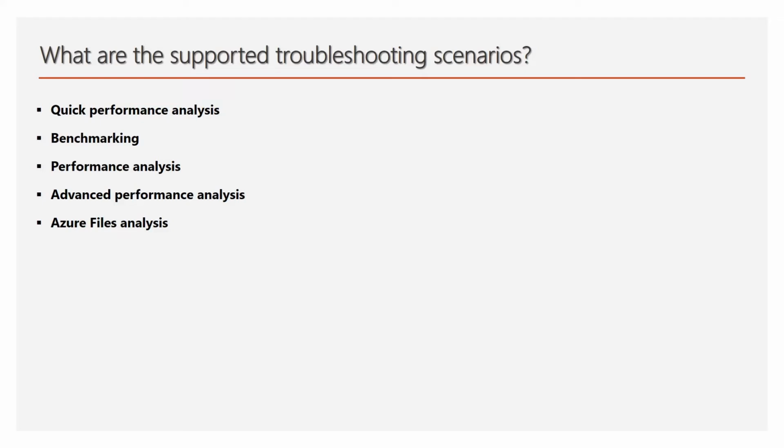Next scenario is performance analysis. Performance analysis can be run on Windows and Linux both. This scenario is to troubleshoot general performance issues such as high CPU, memory and disk usage. Counters used in this scenario are specified in the rule engine config.json file. I will be creating a separate video on how to modify the rule engine config.json file to add or remove any counters to get better performance data from the Azure VM.